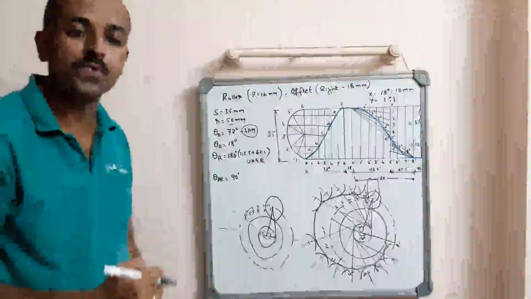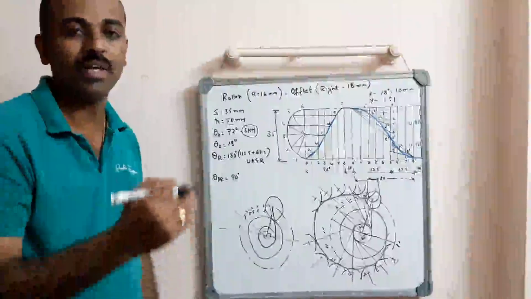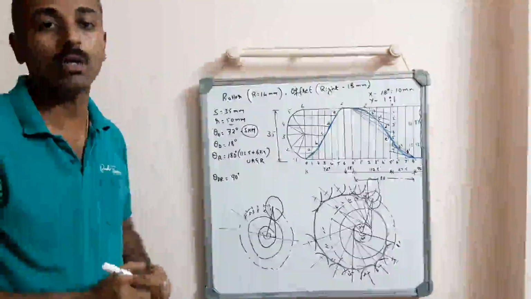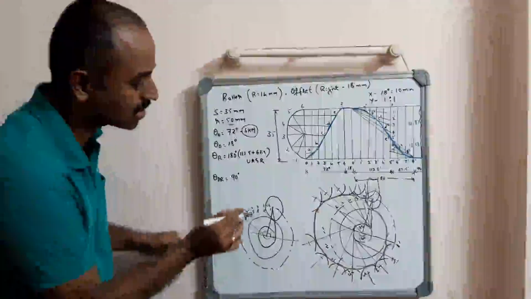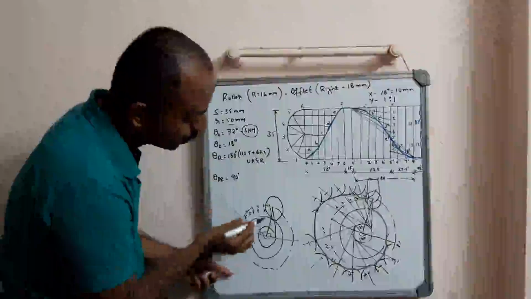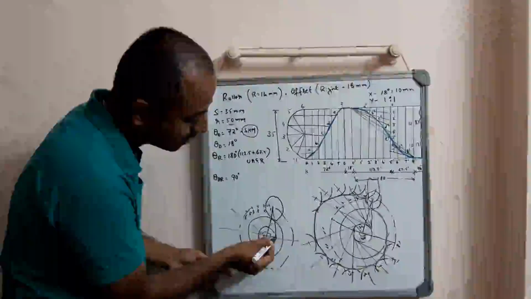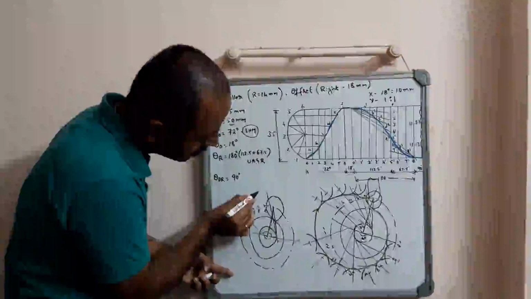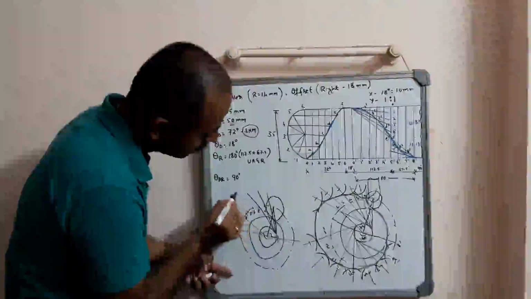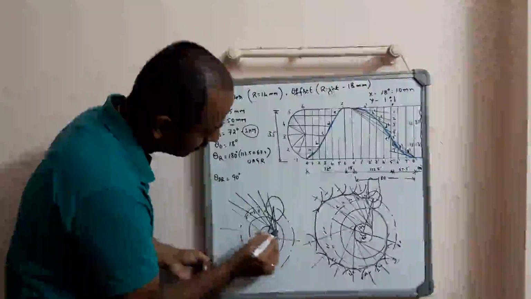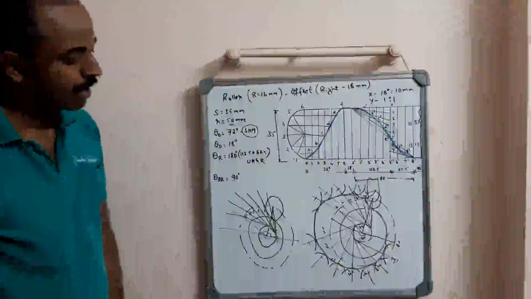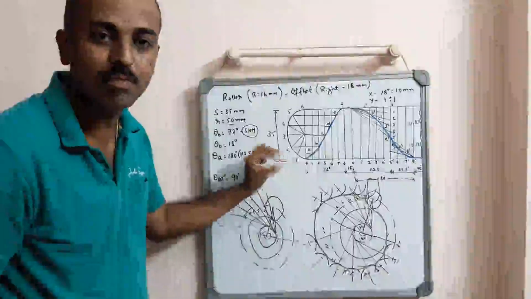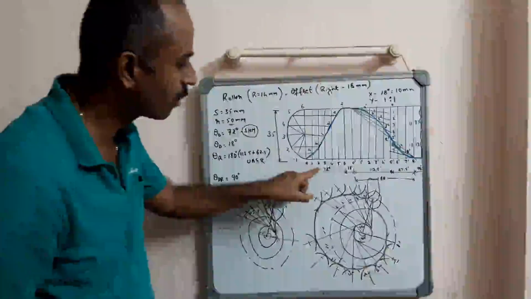Now we know the procedure to construct the cam profile in case of an offset follower. That is, we need to draw tangent lines, not radial lines. So we need to draw tangent lines passing through the division points 1, 2, 3. That is, the lines tangent to the offset circle like this, of increasing length. Then on these tangent lines, transfer the corresponding distance from the displacement diagram. We have 1, 2, 3 here.